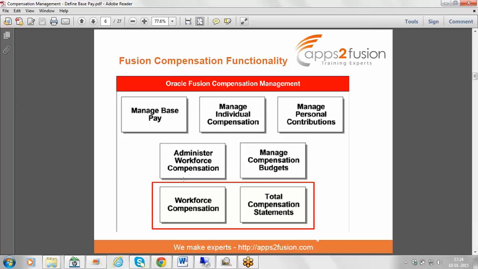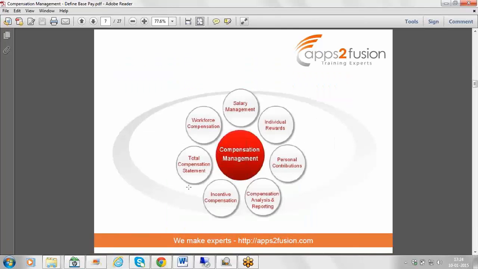Then we have workforce compensation. Then we have managed compensation budget, workforce compensation. Within workforce compensation, we do have this managed compensation budget and administer workforce compensation. And then we have total compensation statement file. So if you see in this chart, we specify what are the things covered under compensation management.